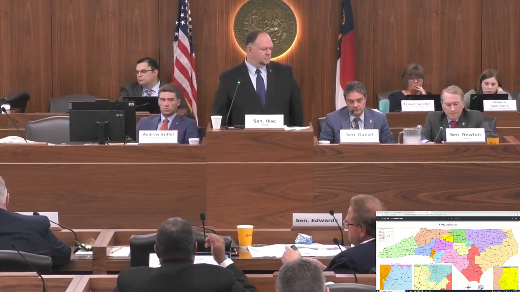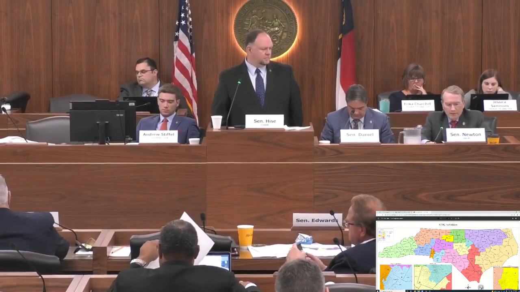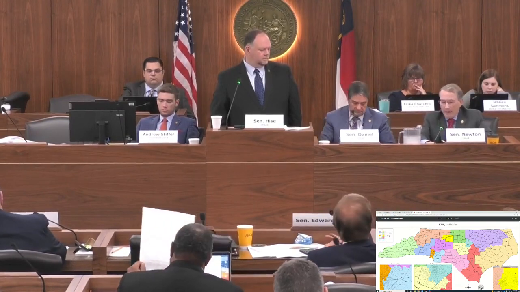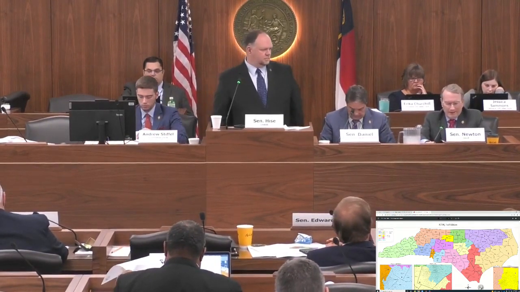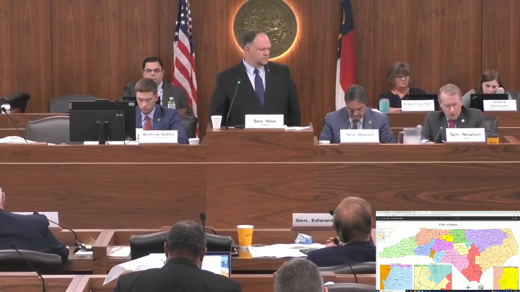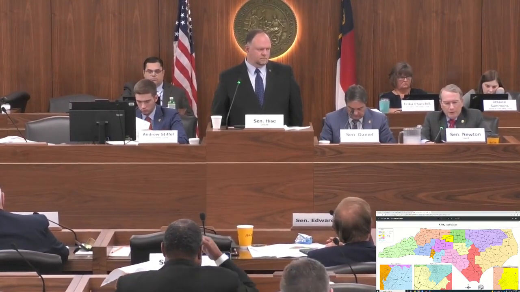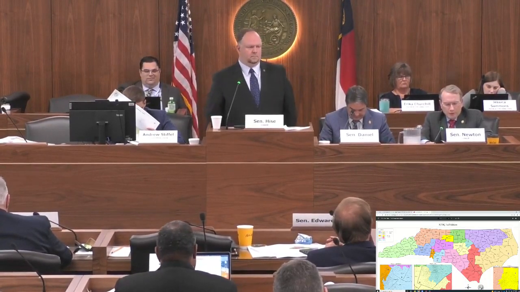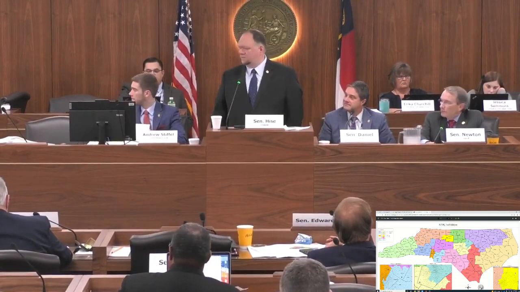Thank you. Follow-up? Yes. So I have a list of the municipalities that your map splits. It's actually two more than Senator Clark's map split. I'm going to list these. Would you tell me if I'm in error with any of these municipalities? I've got your map splitting Cary, Charlotte, Clayton, Concord, Durham, Eden, Elizabethtown, Eureka, Fuquay-Varina, Glen Alpine, Goldsboro, Greenville, Holly Springs, Morganton, Mount Pleasant, Raleigh, Troutman, Wentworth, and Winston-Salem. Is that a correct list of your municipal splits?